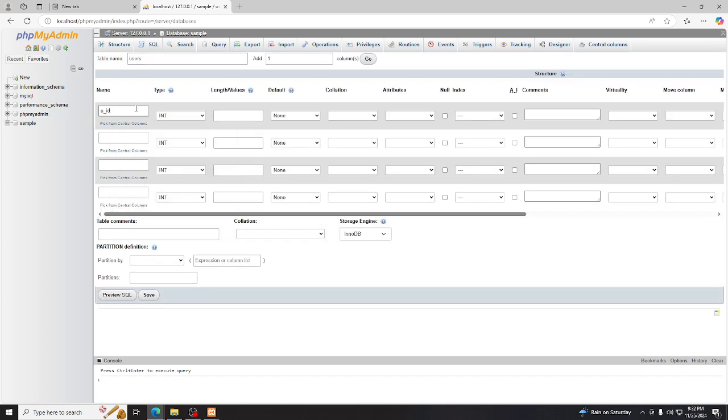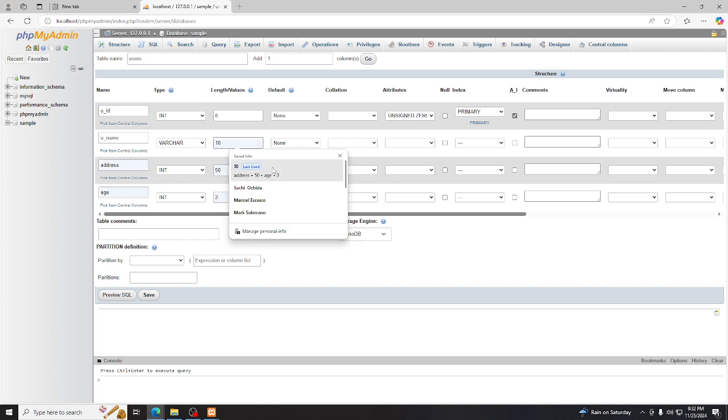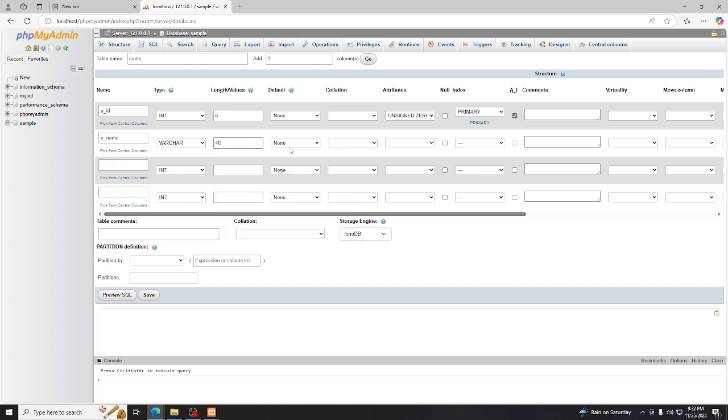view ID, statistics, text, general field, view name, varchar, have 40, and then you have username and password.